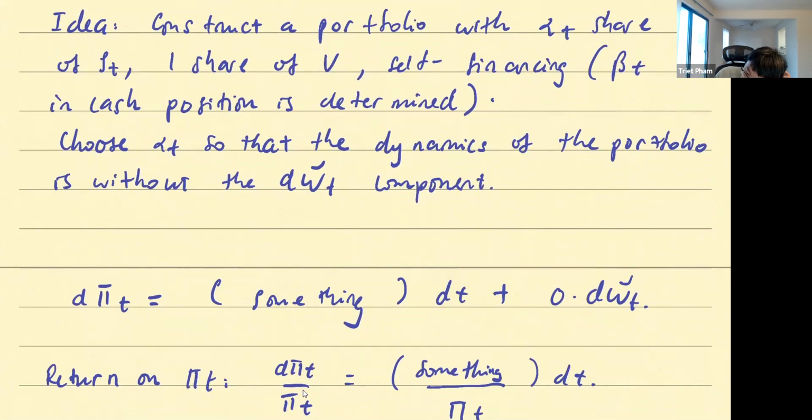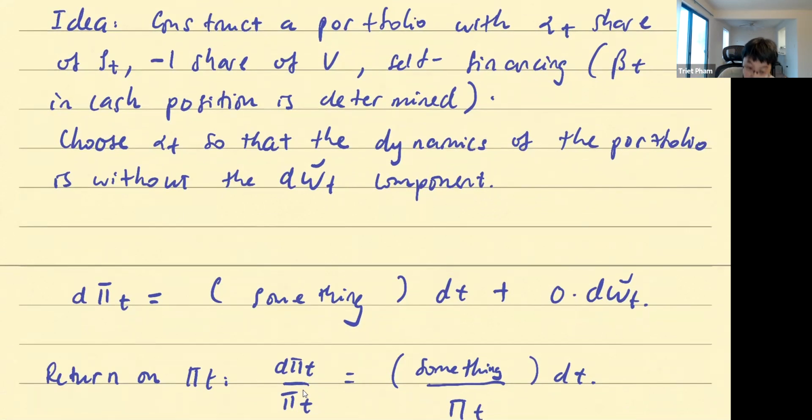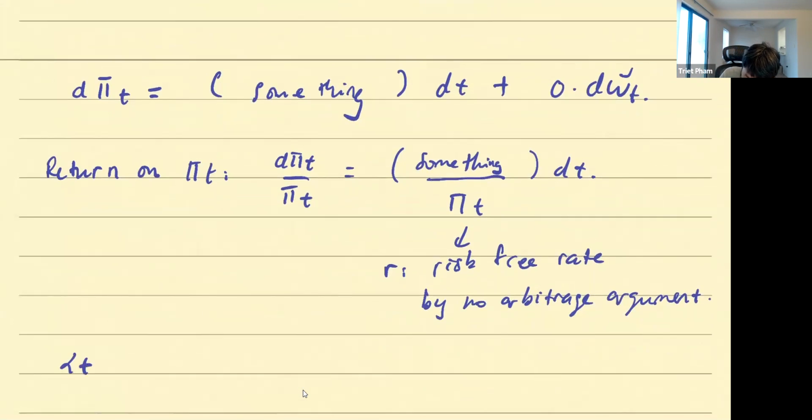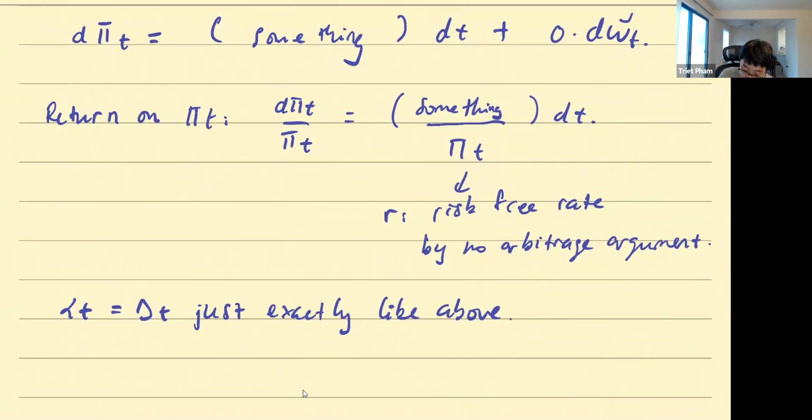Just to be lazy, I'll do -1 share here, just exactly like above. So alpha t in this case turns out to be the delta of the stock. Following exactly the same derivation,